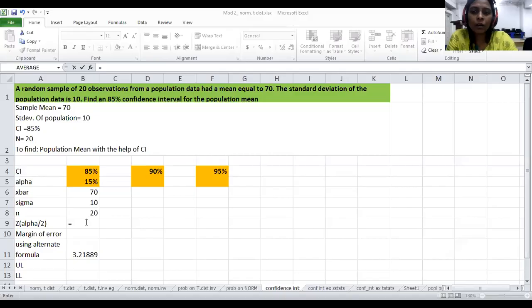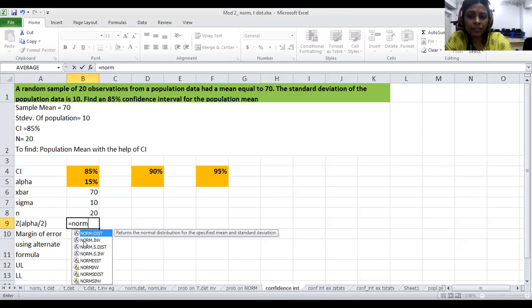So now what we're going to do is, in the formula which I had shown just now in the presentation, there was something called Z alpha by 2, right? So we need to calculate this Z alpha by 2 in order to calculate our margin of error. So once we do this, I'll again go back to the slides and explain again what we have done in Excel. So here for calculating Z alpha by 2, you will use norm.inv.